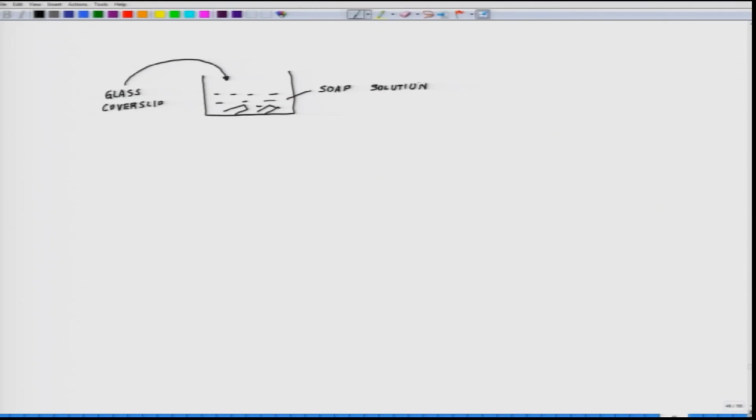Next day, you wash it completely and then treat the glass, in exactly the same beaker, with